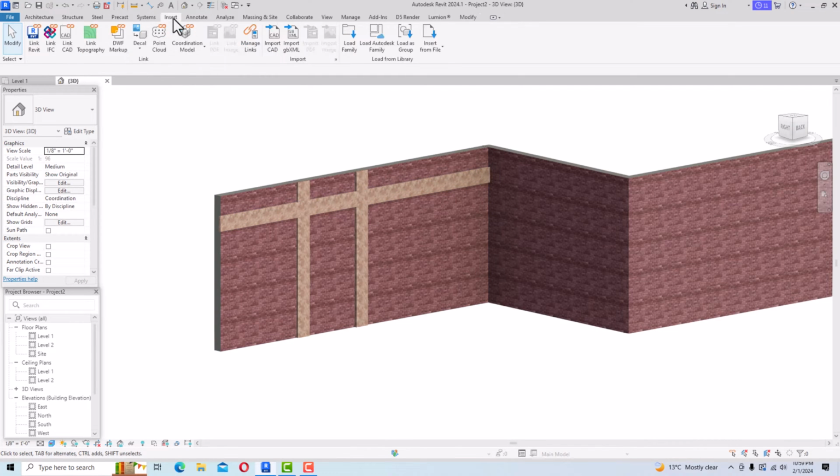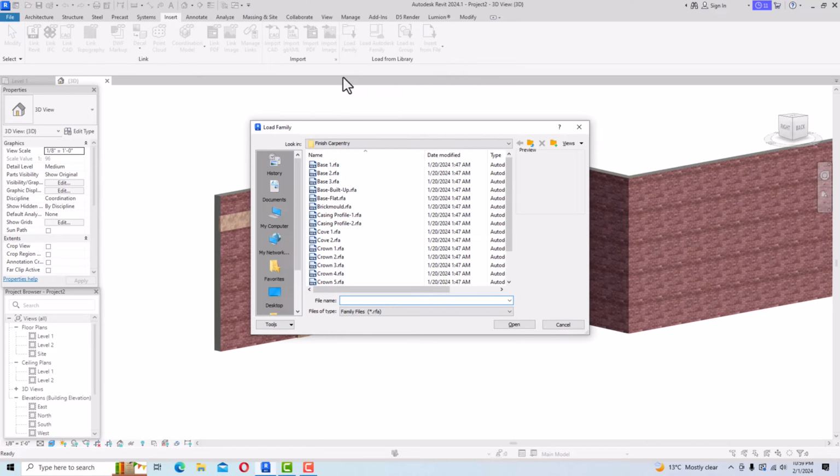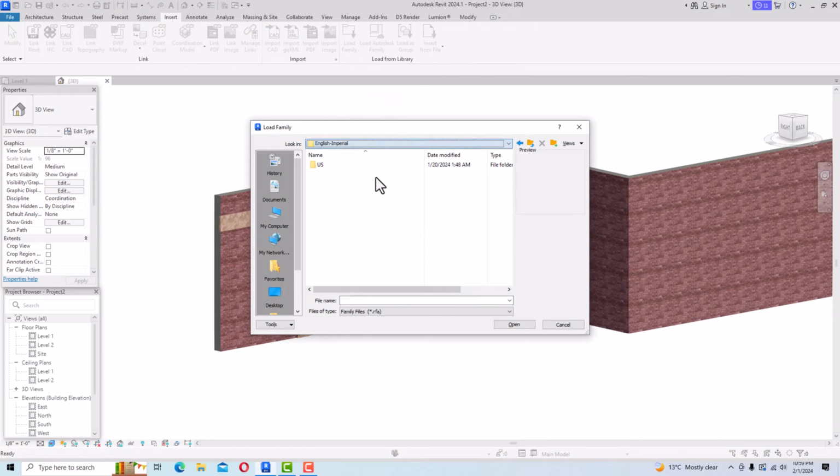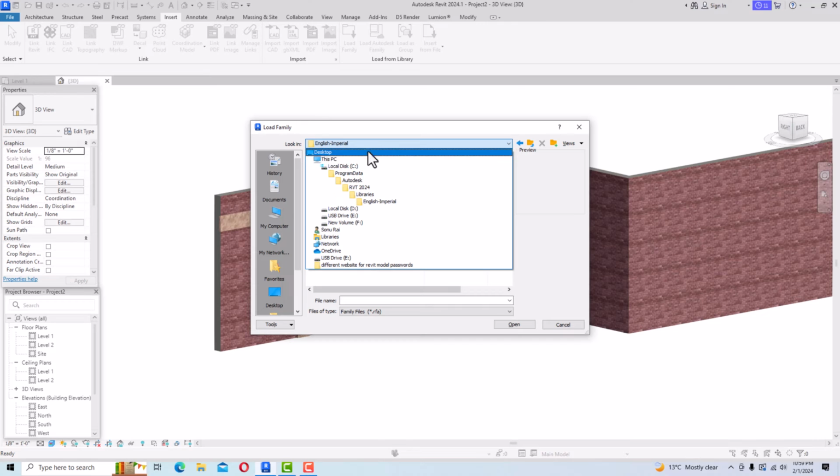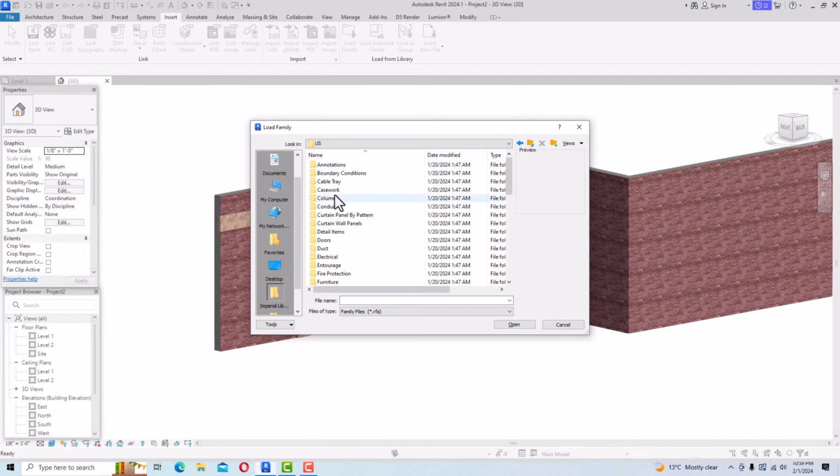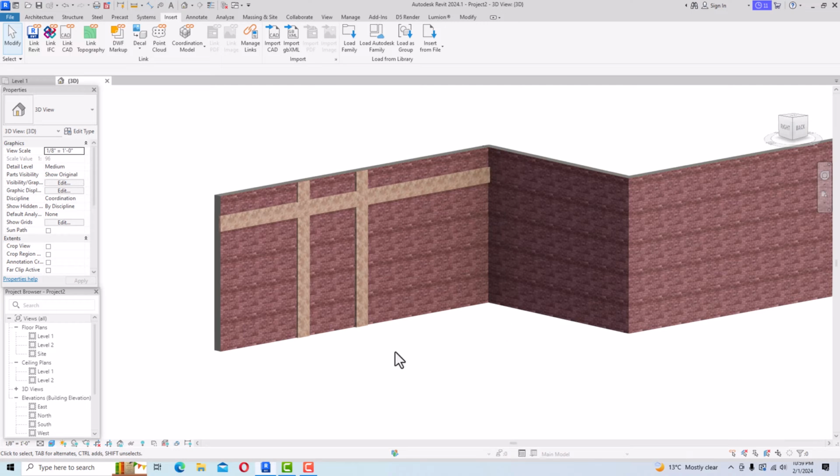I am going to my Insert tab, I am going to Load Family, and I am going to English Imperial, then US, and I am going to select the Profile category. You can see this one is Profile, and I'm going to double click this, and you can go to this Finish Carpentry, and you can select different types of profile here. So I'm going to, suppose, select this crown here, this Crown 2, and I'm going to open,